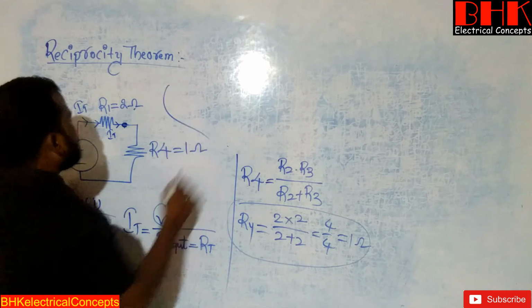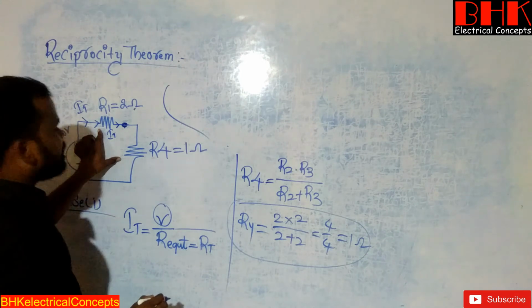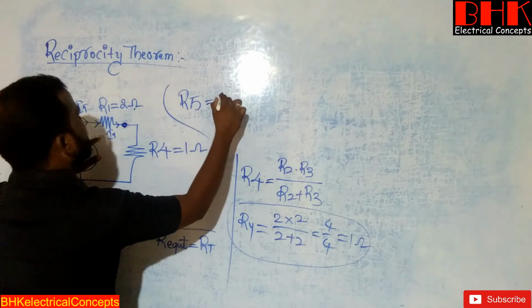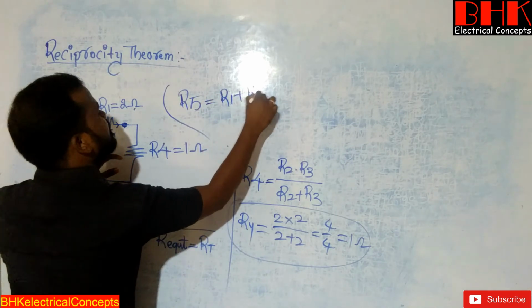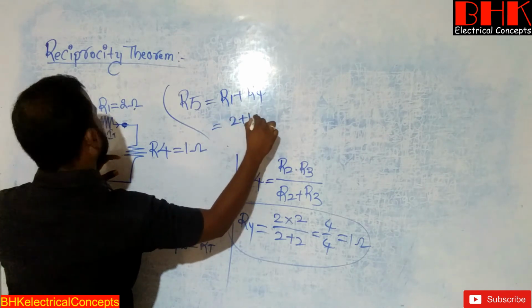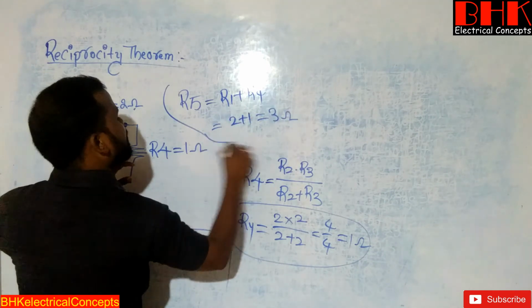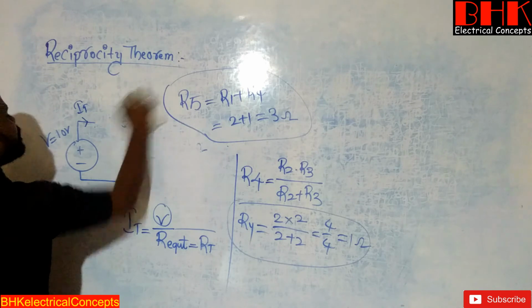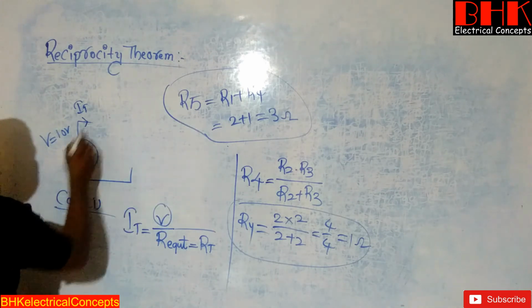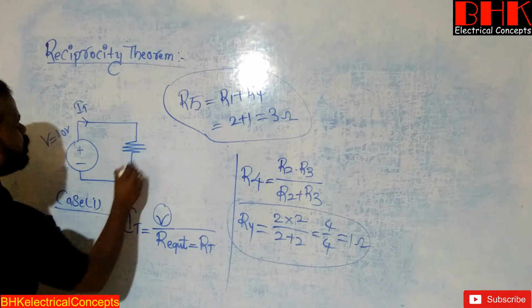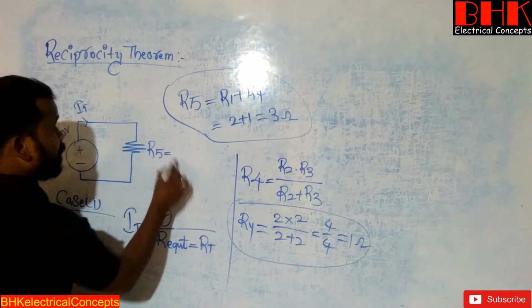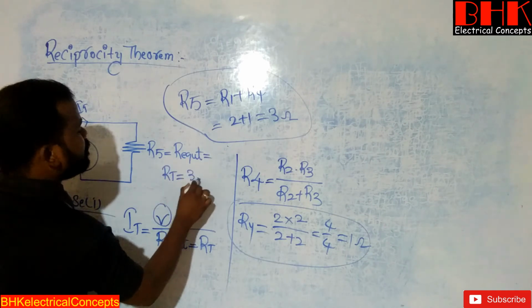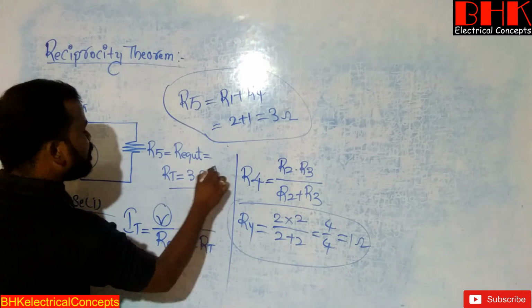Yes, directly we can say that if two resistances are connected in series, then we can directly add them. So the unknown value R5 is equal to, since both are connected in series, R1 plus R4, that is 2 plus 1, which is equal to 3 ohms. Clear? So now just replace the value here. Now instead of these two series resistances, we got the total resistance. R5 we can also call the equivalent resistance or total resistance, which is equal to 3 ohms. Clear? So now we know the value of total resistance.